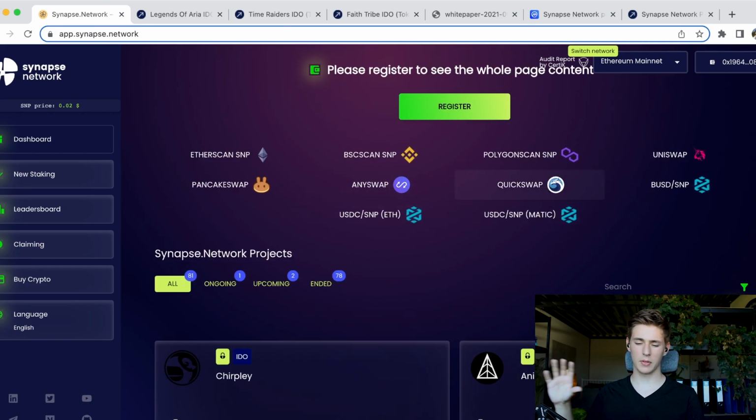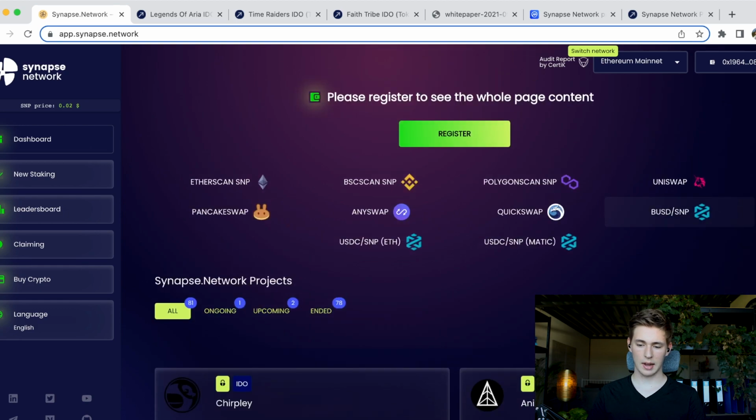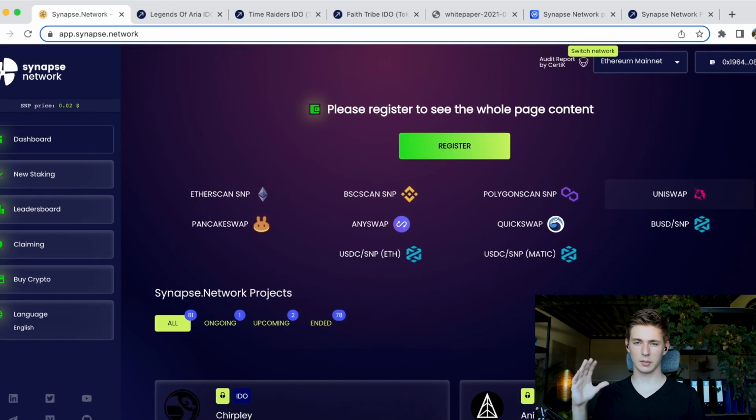Before we do, however, the exchanges, right? The token, how to buy the token, you can do that on PancakeSwap and Uniswap. And of course, they are available on the chain Polygon, Binance Smart Chain. Oh, and you can also swap with AnySwap. So yeah, that's good to see over there. Now, obviously, you'll have to register and connect your wallet and all that. I didn't do that. You should if you are going to invest, but for me, it's not very relevant right now.